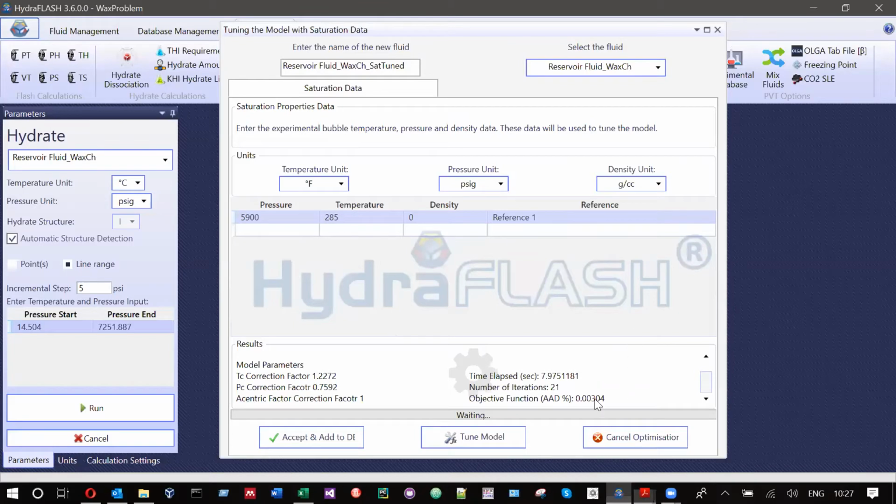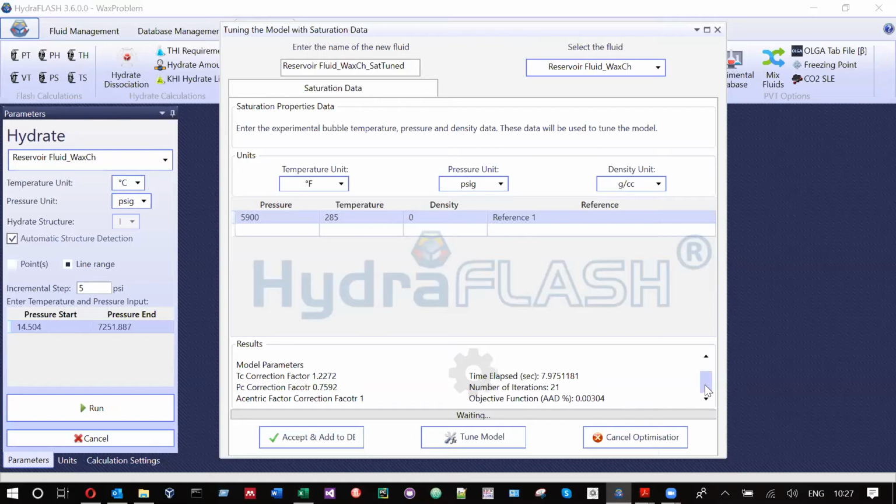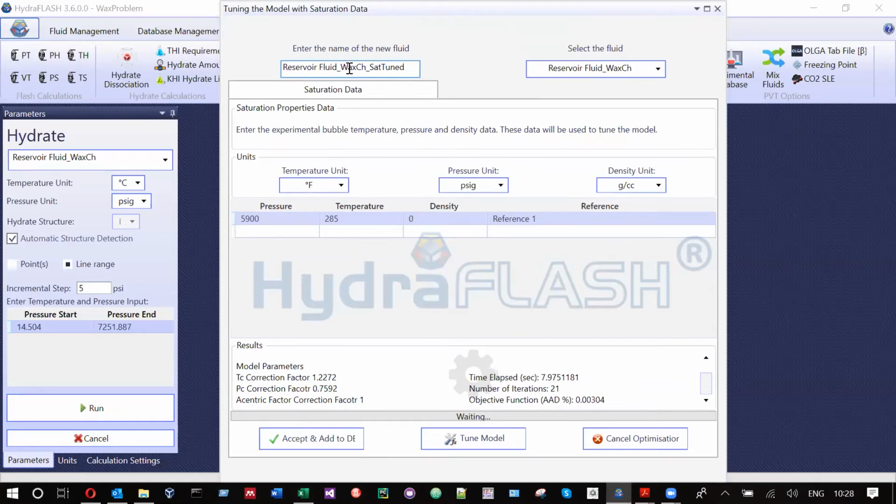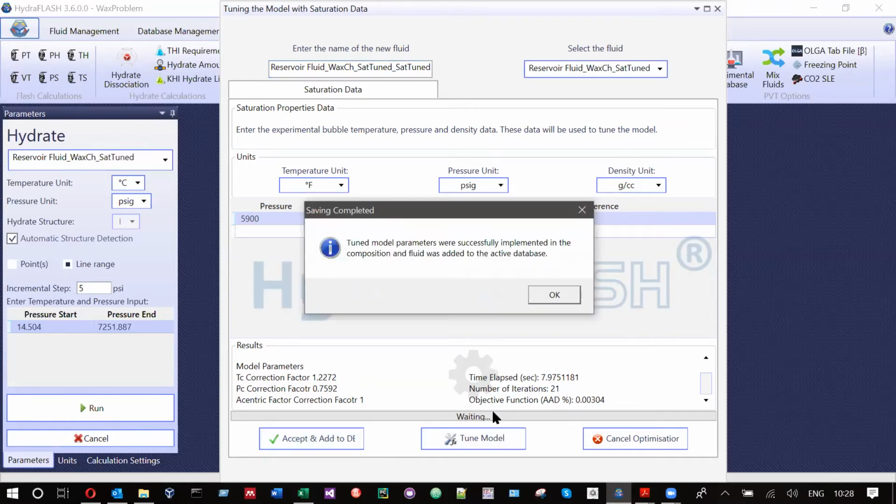Okay, so when the system was tuned, as I mentioned, just note this objective function. It should be a very small number. If it was a big number, that means the tuning wasn't successful. So in this case, it's successful. Because every time you characterize a fluid, you create a new fluid, and then when you tune it, you will create another fluid. So you need to choose another name. This shows the name is reservoir fluid, wax characterized, then saturation tuned. You can change this name to anything you want, but I just leave it as it is, and then you accept database,